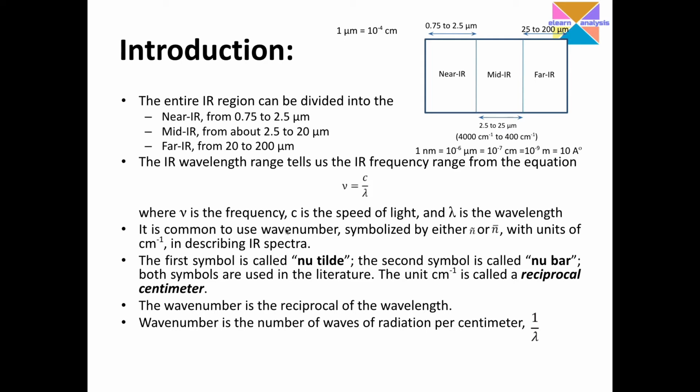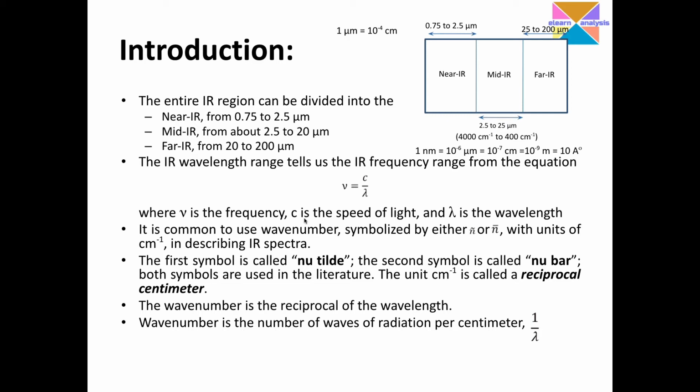We take not the wavelength but the wave number throughout this discussion of infrared spectroscopy, because most of the chemists would rather prefer to express the radiations in the vibrational infrared region of the electromagnetic spectrum in terms of a unit which is wave number, rather than wavelength. Wave number is expressed in terms of nu bar, and wavelength was expressed in terms of micrometer or mu. So it is rather a convenience, and there is one more reason why we usually use the wave